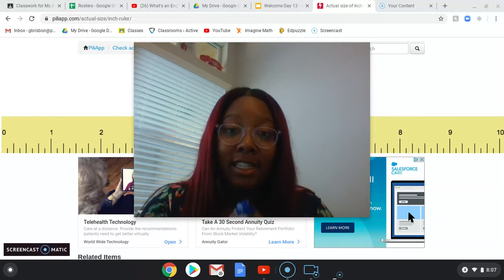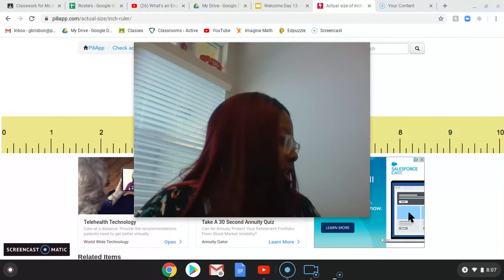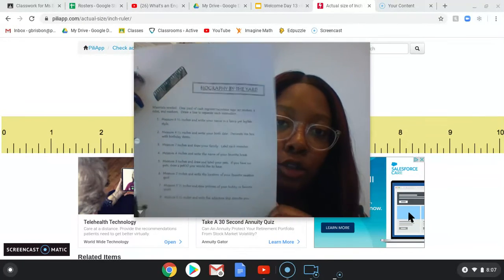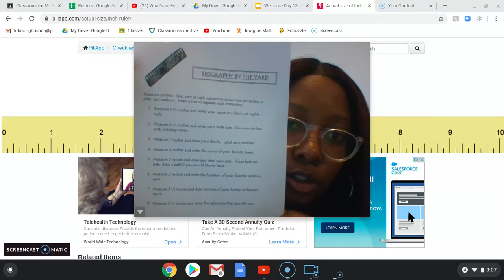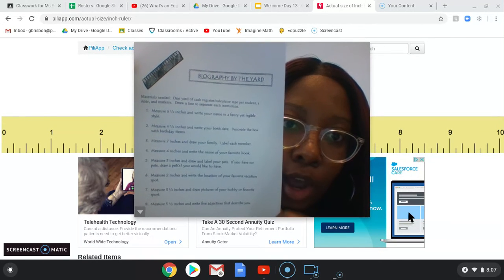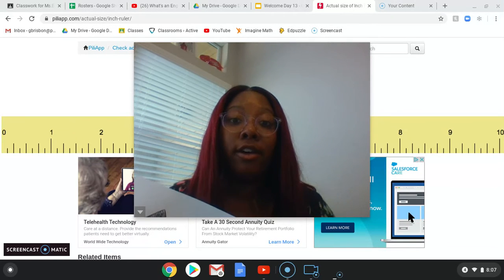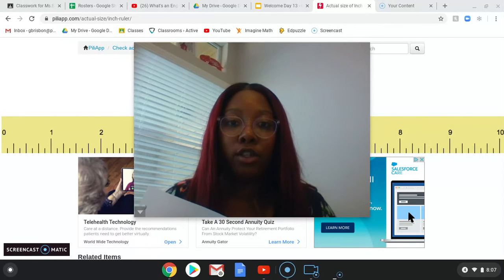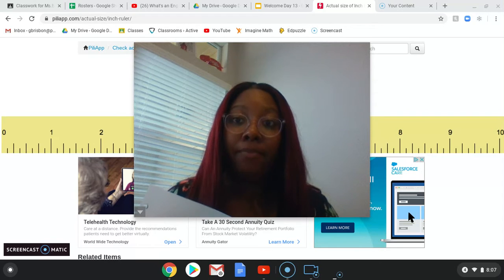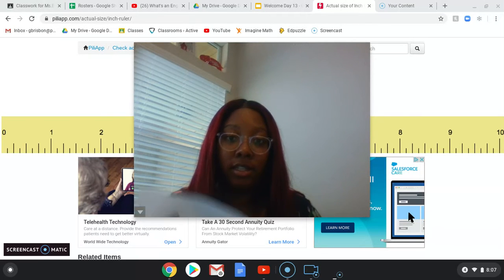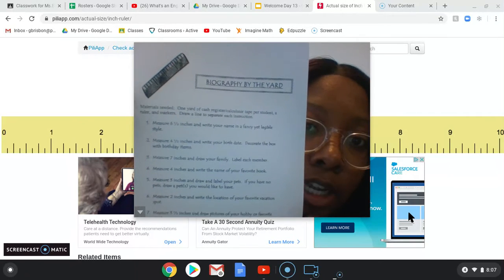But for your next assignment and the rest that you'll do for today, starting tomorrow, we are going to be using our ruler to complete a little project. So what you're going to do right now is go get the materials you need for your project for tomorrow so that you're ready, okay? You're not going to buy anything. We're going to be creative just like we were with the cereal box projects. So the things that you need